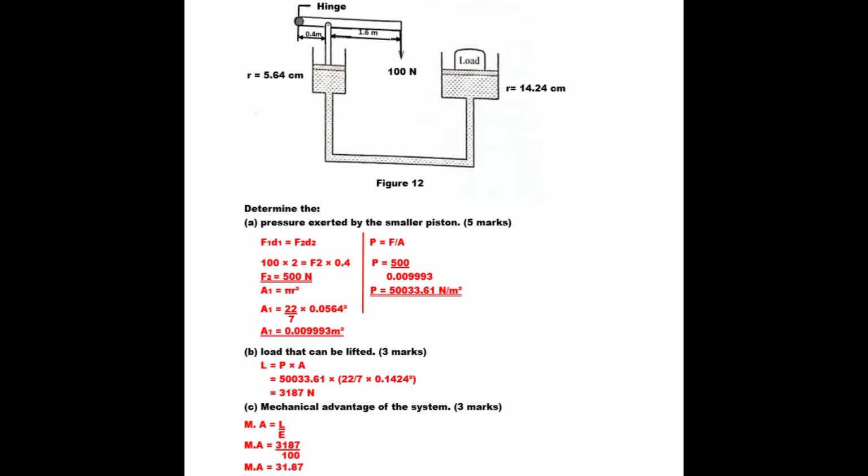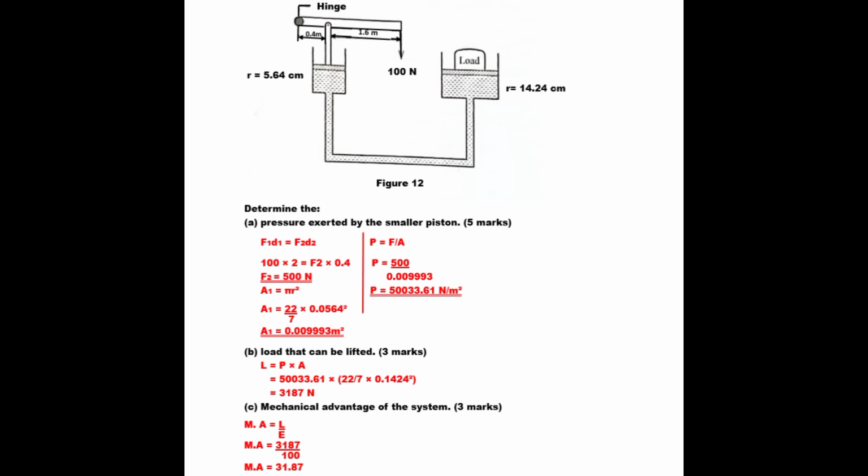Part C, mechanical advantage of the system. Remember, this is a combined system of a lever and hydraulic lift. So mechanical advantage will be the load over effort. Load is the entire load that can be lifted, which is that 3,187 Newton. Effort is what you applied to the machine, which is 100 Newton. And when you divide, you get that